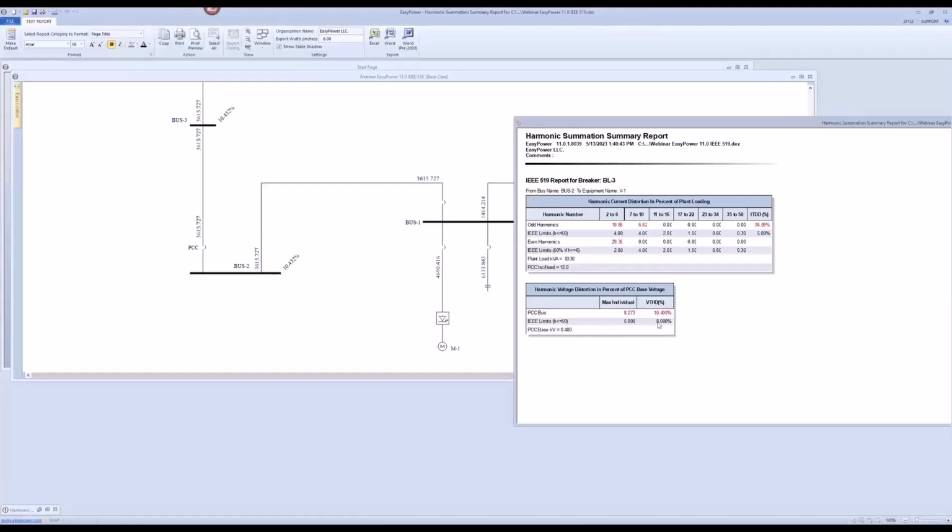But the IEEE 519 summary is supposed to only include harmonic current and voltage distortion up to 50th order, right? So that is why sometimes it's different. Again, we put the IEEE limit H less than or equal to 50 over there as a reminder for the user. So that's pretty much it for the EasyPower